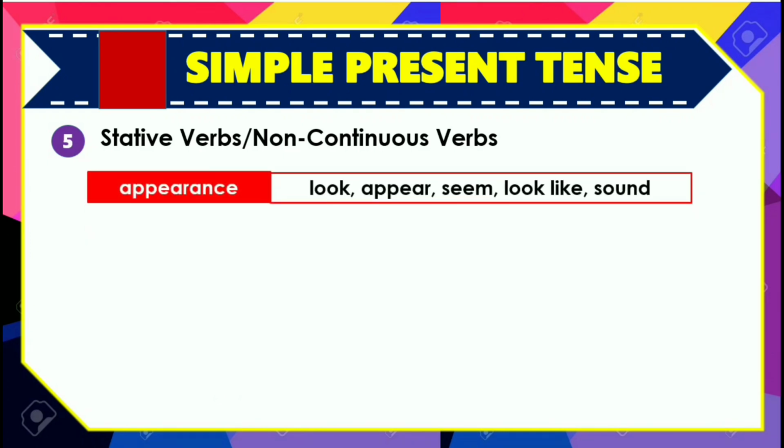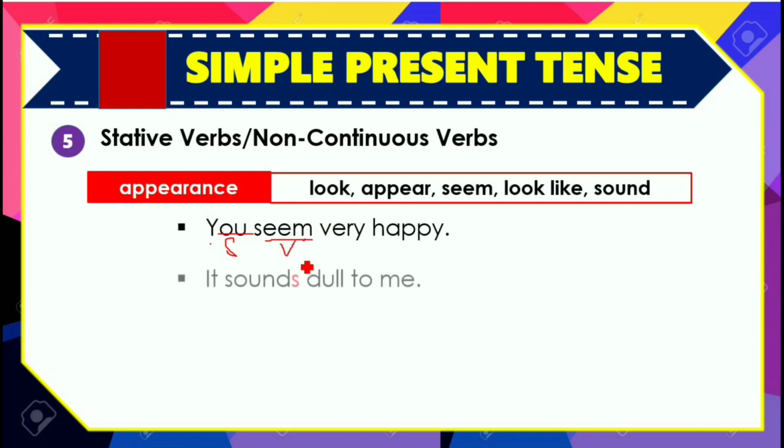Stative verbs can also relate to appearance, like look, appear, seem, look like, or sound. Example sentence is you seem very happy. You is our subject. Seem is our verb. This is a stative verb. So you is plural, that's why we use a plural verb without S. Or we could also say it sounds dull to me. So it is our subject, sounds is our verb, it is singular, that's why we added an S to our